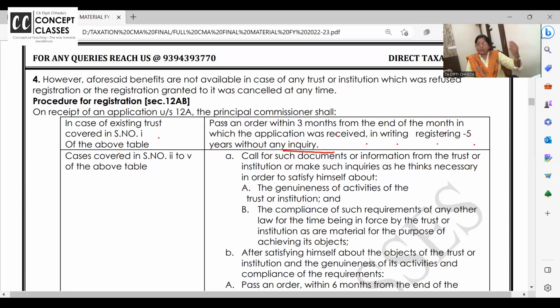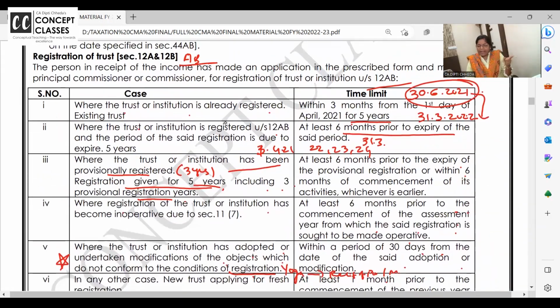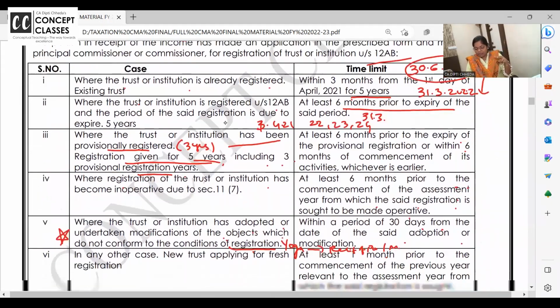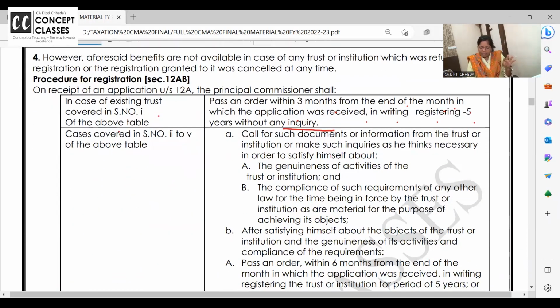So now we are learning the time limit of application is over. Existing trust within 3 months from 1st April, you have to apply. Whenever they apply, within 3 months from the end of the month in which application is made, registration will be granted and it will be valid for 5 years without any inquiry. Are you all with me?